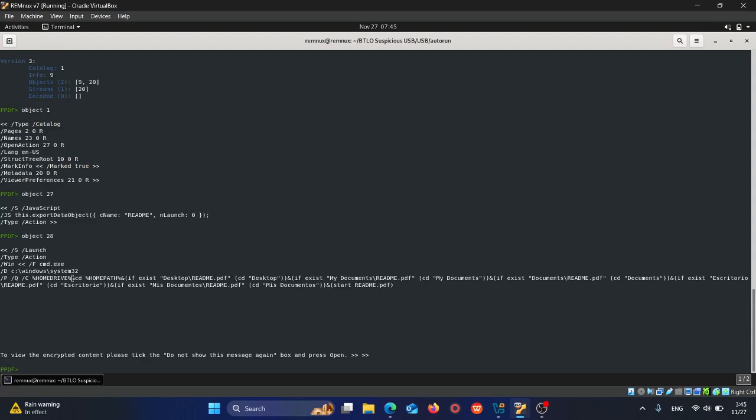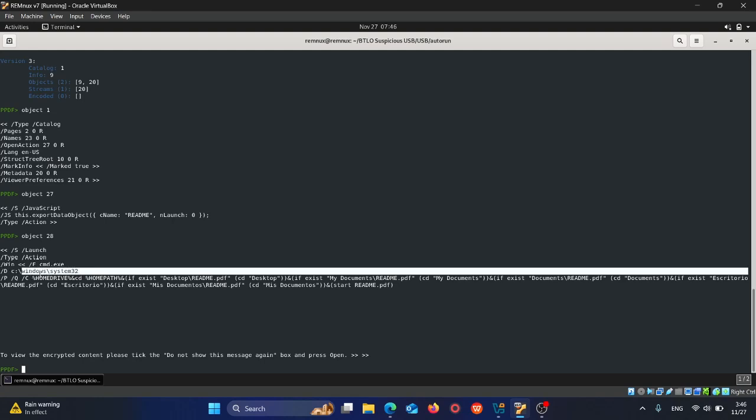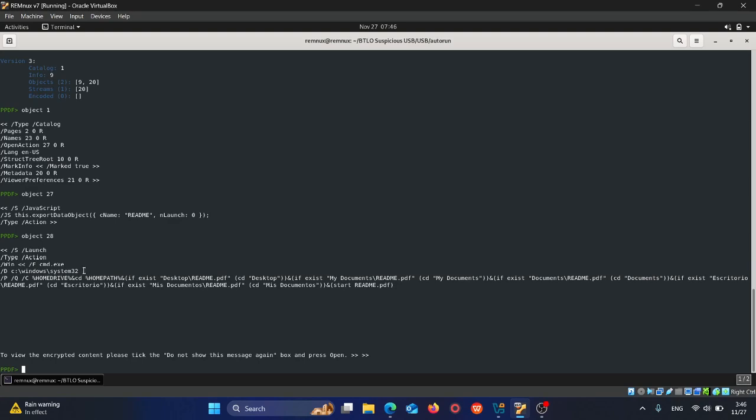As you can see here, within object 28, we have the type action, and we have Windows CMD command prompt. So you can think of it like once this PDF is executed, it will execute a command prompt,